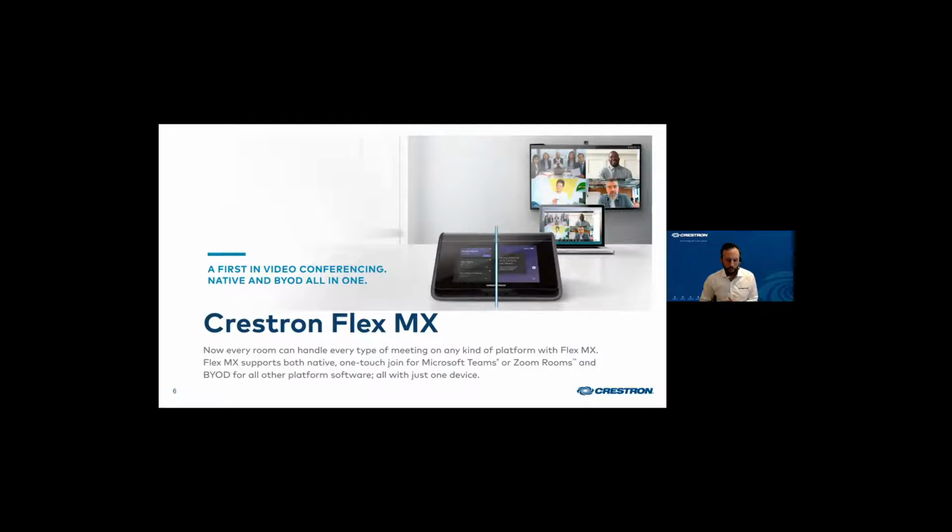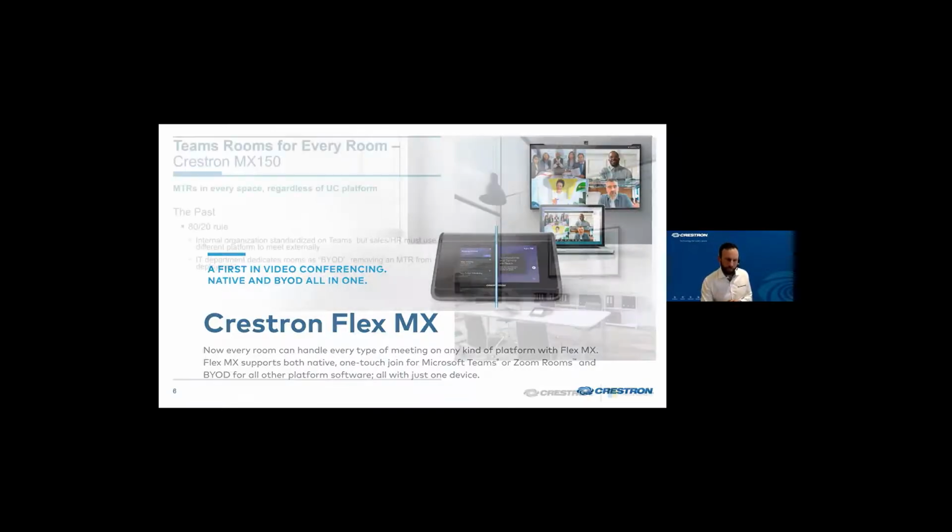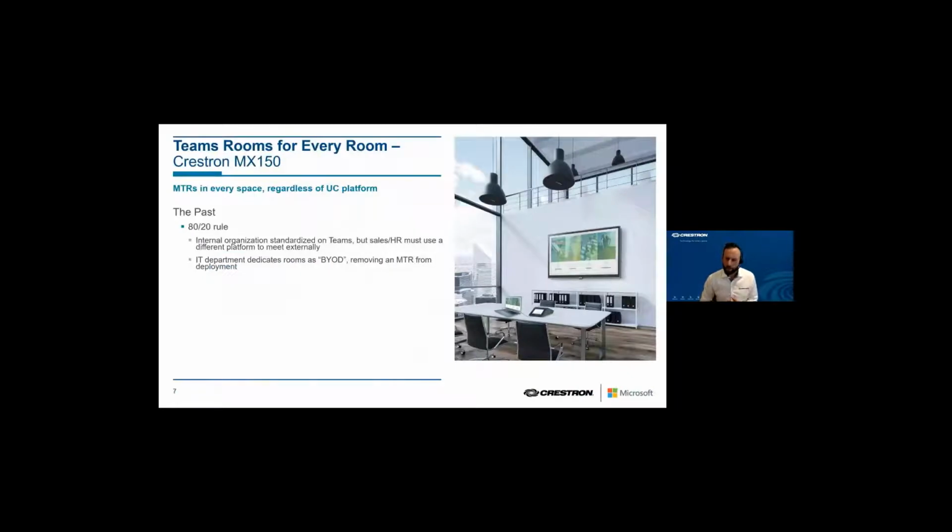The reason we've done this is something really, really simple: we have found that whenever we are talking to clients, generally speaking, they're coming to Teams from somewhere. That might be from Cisco, or from Skype itself, or from any other platform. And the end game is to get all of the clients onto Teams and to have all rooms equipped for native Teams meetings utilizing MTRs.